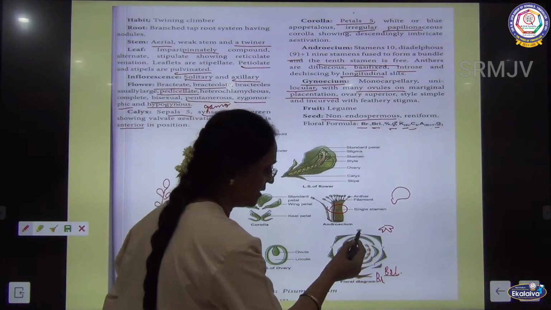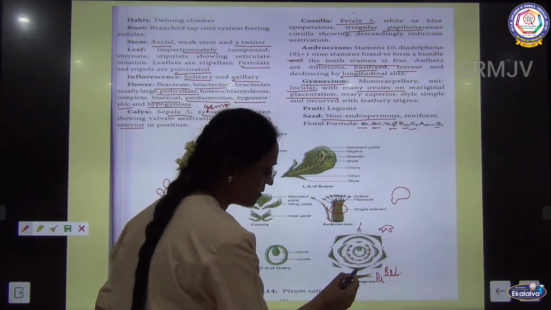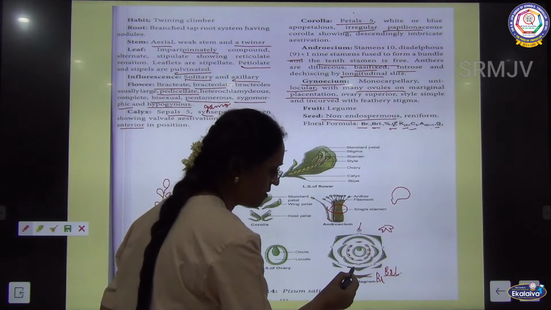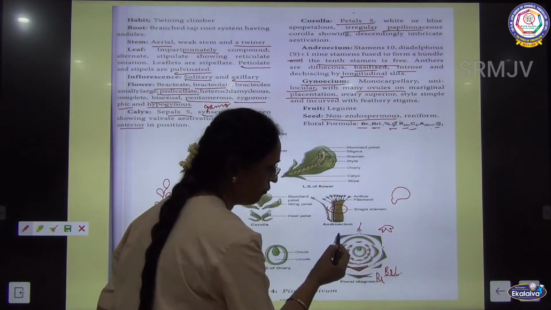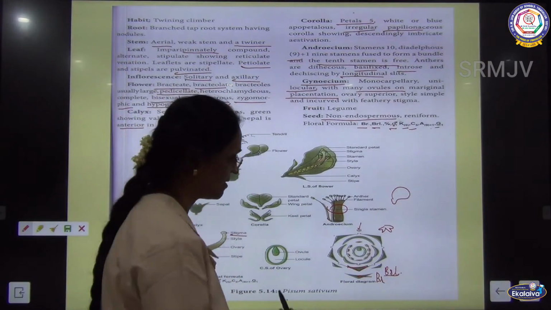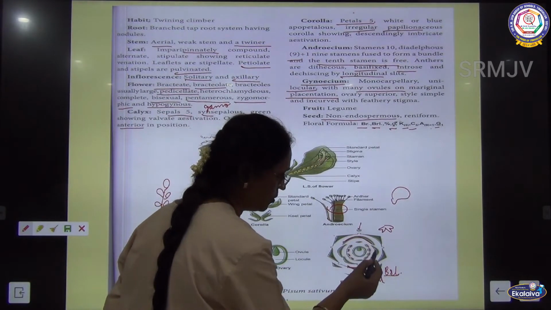So, you can see the diagram here. This is the mother axis and this is the anterior side. So, you can see the odd sepal is anterior in position. So, this is 1, 2, 3, 4, 5. So, 5 sepals. Corolla. If you see, this is a large petal, the standard petal, and these 2 lateral petals,